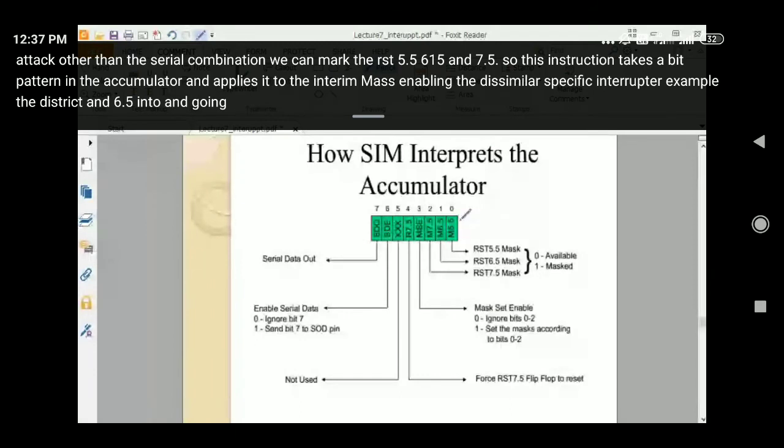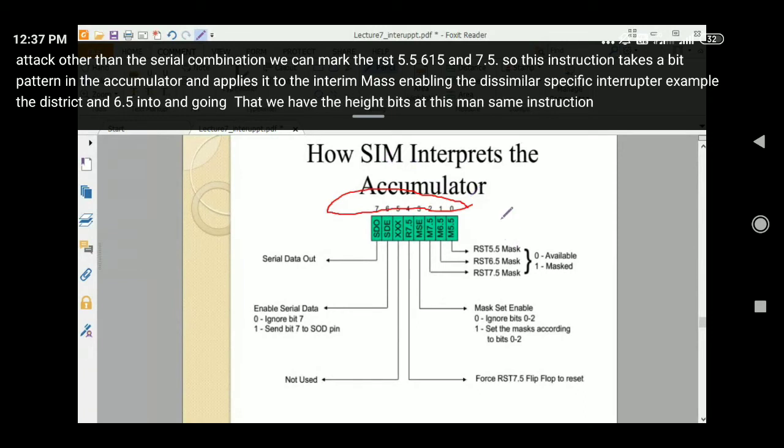We have 8 bits. The SIM instruction carries 8 bits of information.